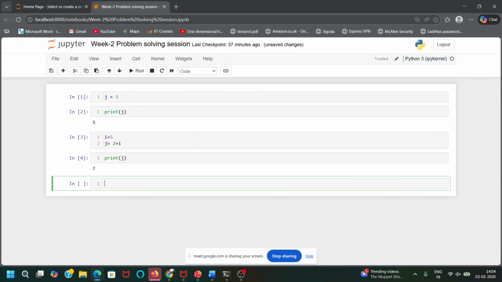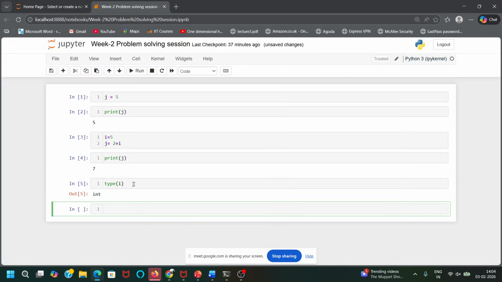Let's say here I have defined I is equal to 5. If I want to check the type of I, I can write this command, type of I, and if I run it, you can see it is saying int.